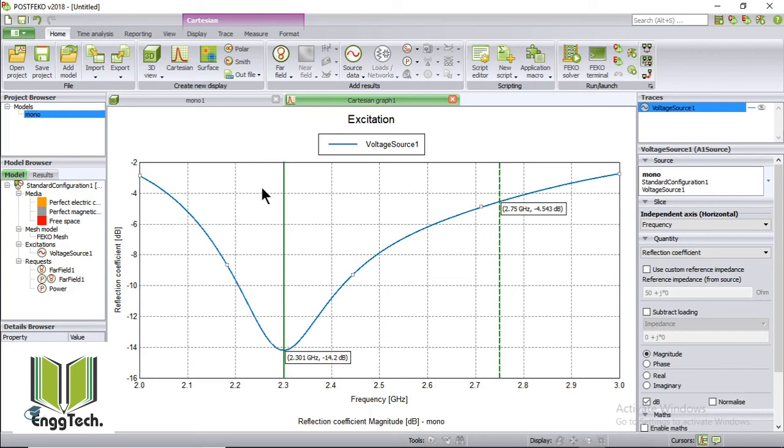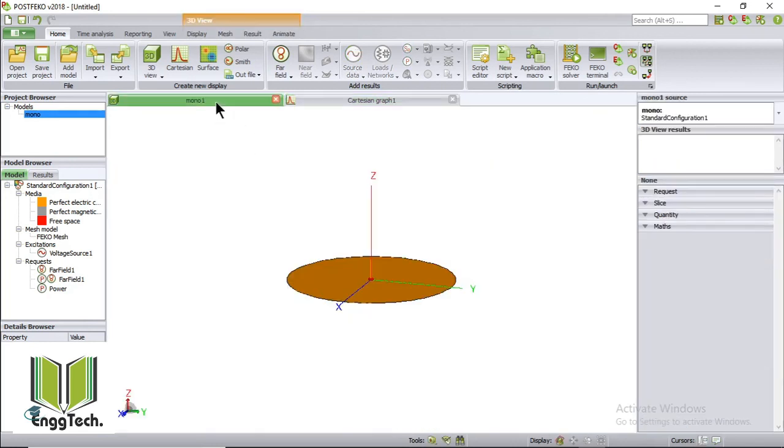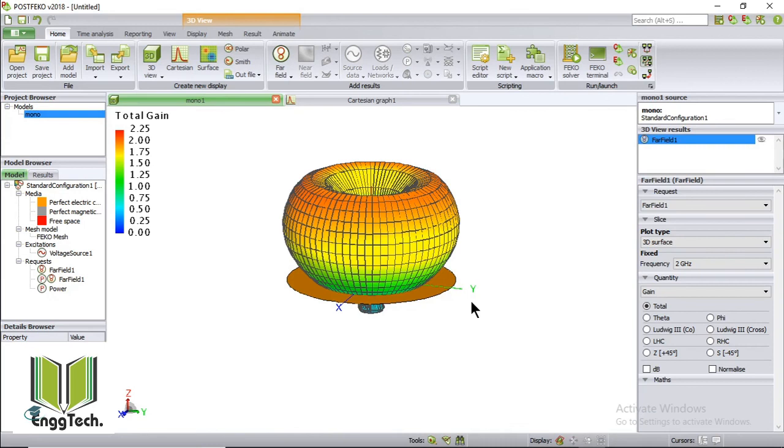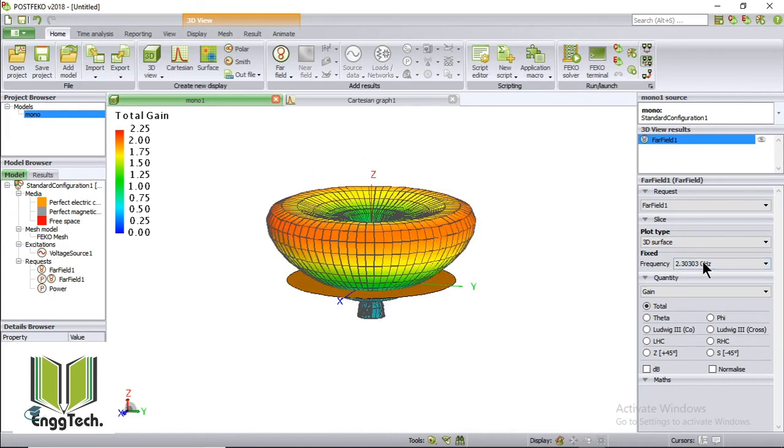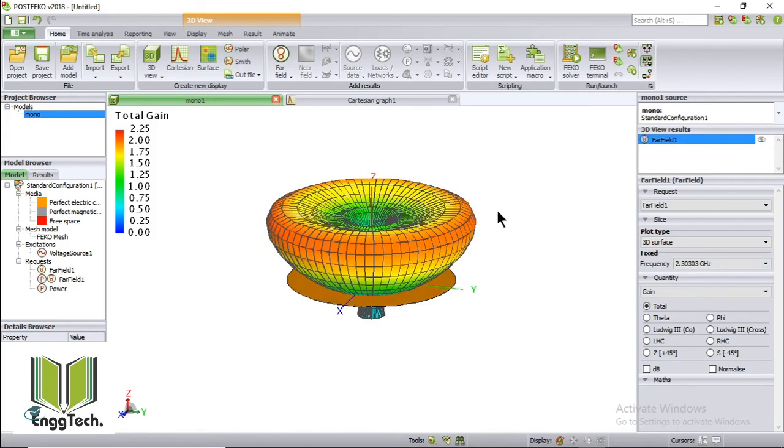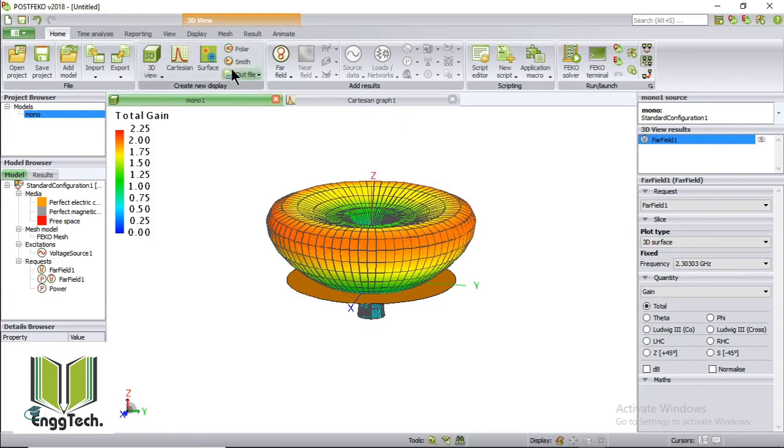So now let's view the 3D radiation pattern. So go in 3D geometry and click on far field, then far field 1. As it was operating good at 2.3 GHz, I am changing the frequency to 2.3 GHz. Here you can see maximum gain is in plus Z direction. Now let us see 2D radiation pattern.